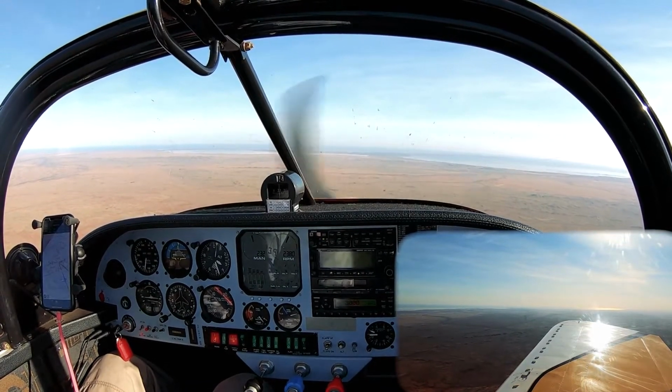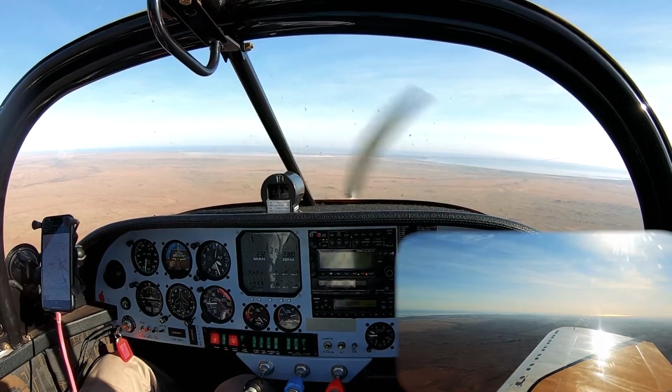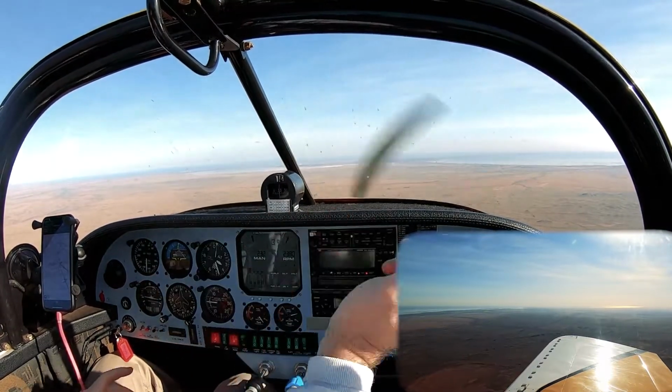Okay, visual with the field. We're actually going to be able to land on the runway we landed on in the sim. That's kind of nice. I was expecting 2-3, so I set the camera up on the other side. So what I might do...